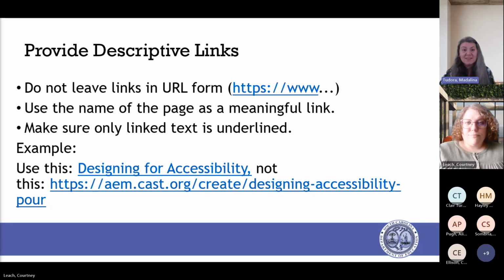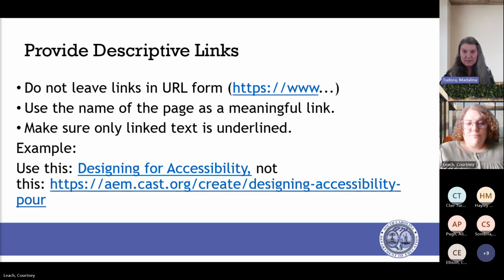Before you move on, also make sure only linked text is underlined. In other words, if you have a title or something you want to put emphasis on because you think it's good content that's important for them to pay attention to, think about conveying that message that the text is important in other ways.